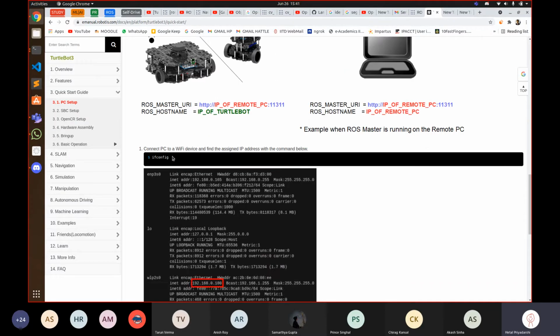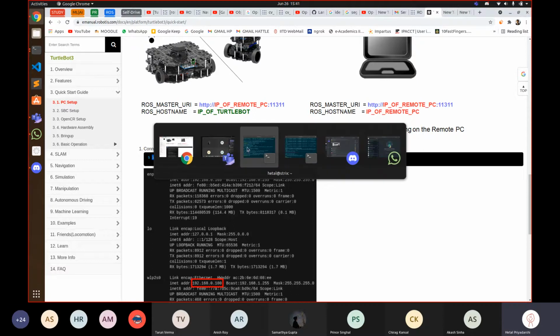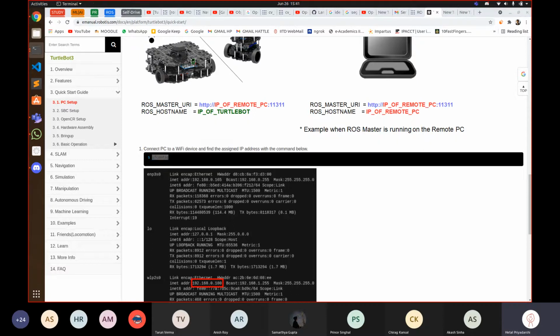For that you have to do this ifconfig command to see your IP address. So I'll do it here.